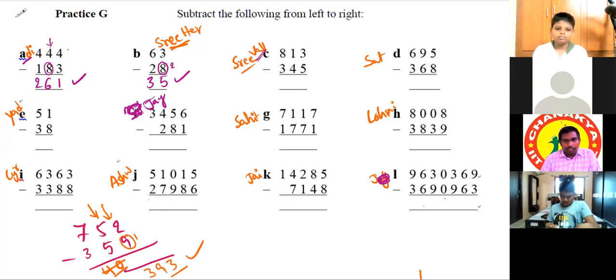Sri Vallabha. Yes, sir. Explain. Sir, 3 minus 5 is... Where are you? Question number C is yours. You are not there in the class. Physically, you may be there, but mentally, you are not there in the class. We are solving from left to right. You are telling from right to left. Wait, don't write anything in the chat box. Don't write, all of you. Okay, sir.